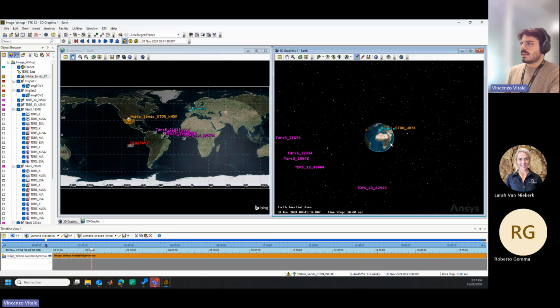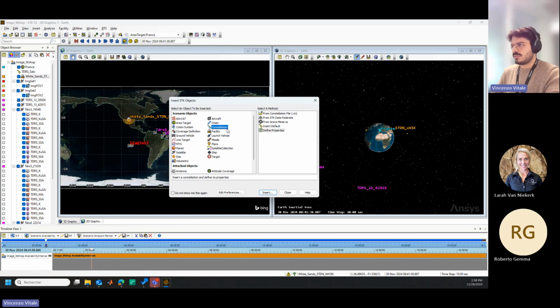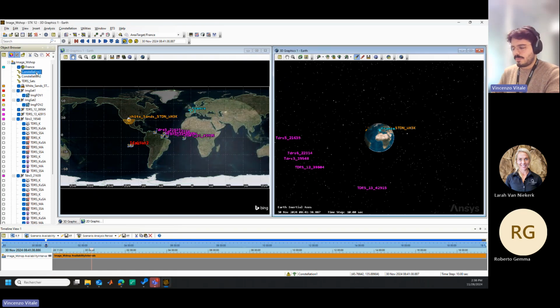So before going towards the chain setup, I think we need to regroup the satellites and the fields of view inside constellations in order to have an easy management of the chain setup. So I can add two constellations as default. I will insert twice a constellation, which can always be inserted by insert STK object, constellation 1 and constellation 2. And I can rename them like